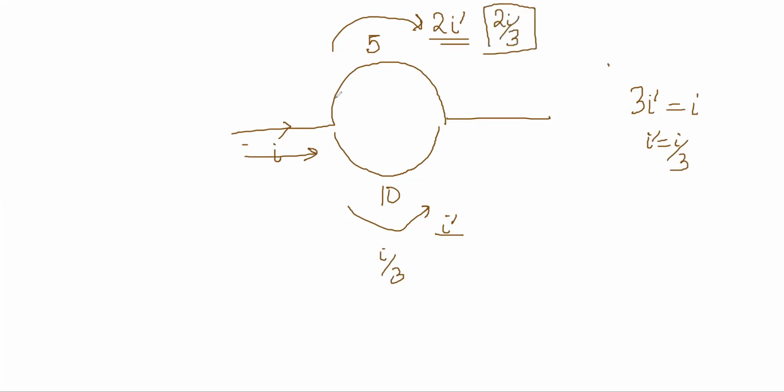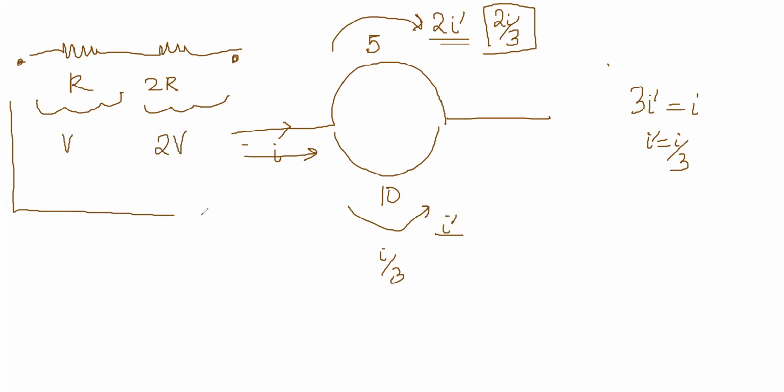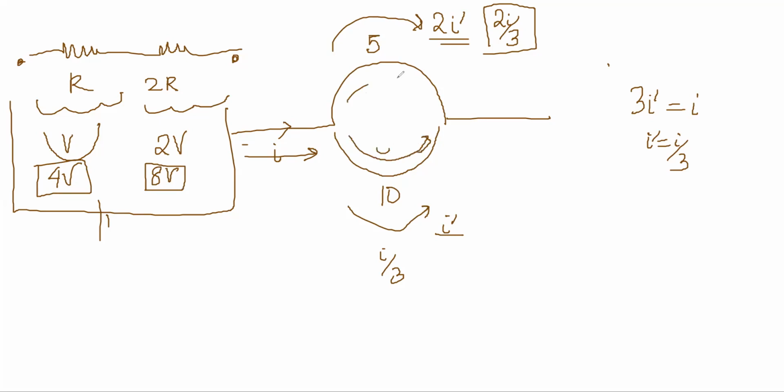It is just simple. Suppose there were resistors R and 2R, and you ask what is the potential difference across them. The potential drop across each resistor is proportional to the resistance value. So the potential drop here would be V and here would be 2V. If the total potential was 12 volts, 4 volts would be lost here and 8 volts would be lost here. In the same way, currents will split; they will like to go along the path of least resistance. They will not like to go here, they will like to go more here.